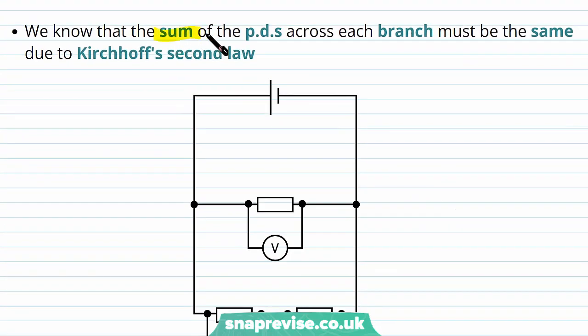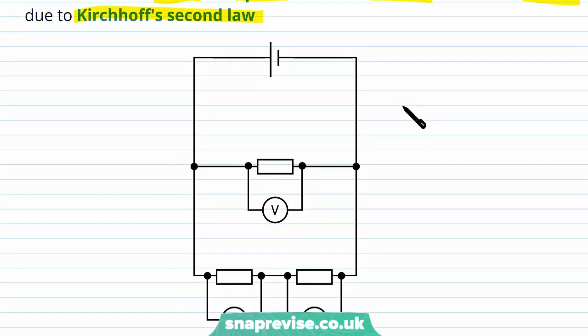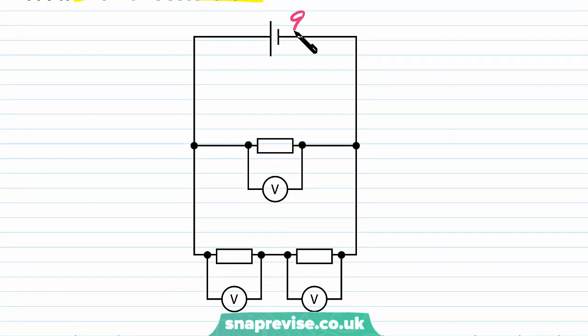We know that the sum of the potential differences across each branch must be the same due to Kirchhoff's second law. So Kirchhoff's second law tells us that the sum of the EMF in a loop is equal to the sum of the potential differences of the components in that loop. So for example here, this cell here provides an EMF E. And we've got a potential difference V1 across this resistor and then a potential difference V2 and V3 across these